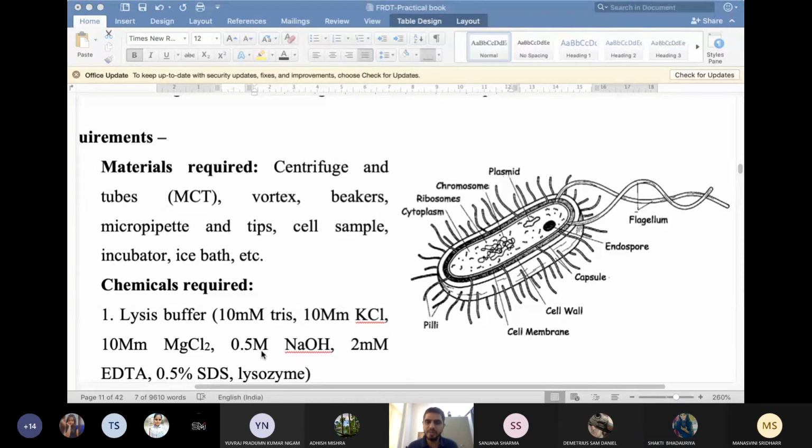The same thing. I'm not saying similar, I'm saying same, we are going to utilize here also. Whatever is present in your hand wash, your Dettol, your Lifebuoy, your Dove, whatever soap you use at home, every soap is going to have the same thing. Whatever is present in your soap, we are going to utilize in our laboratory also. That component we use to break the cell membrane of your cells, whether bacteria, plant or animal. In animals we don't have the cell wall, so the cell membrane is directly there, and you can break it using that.